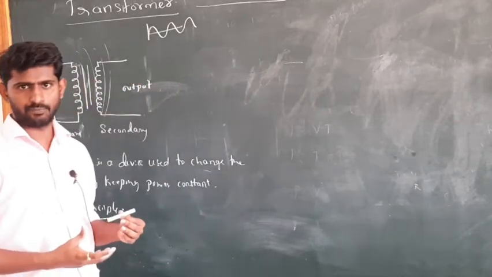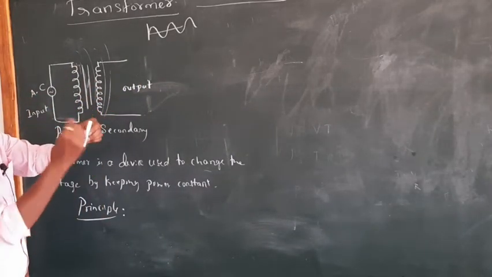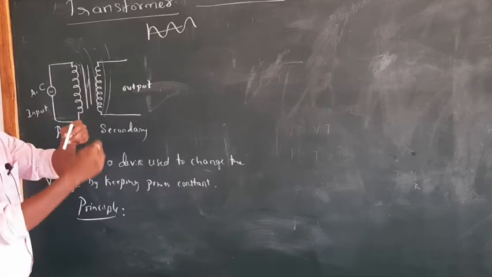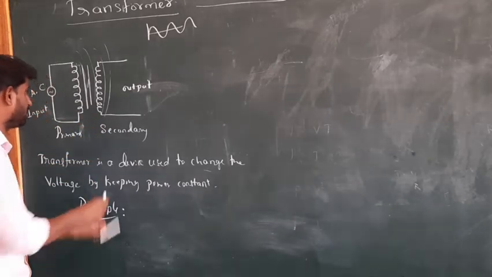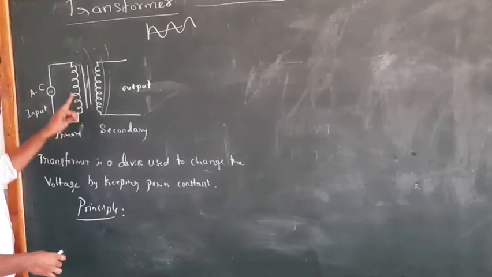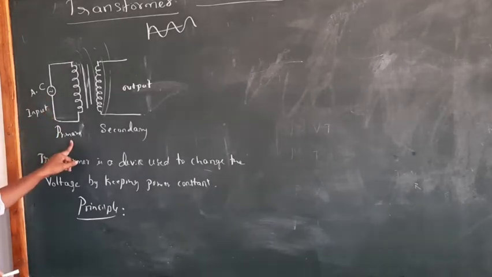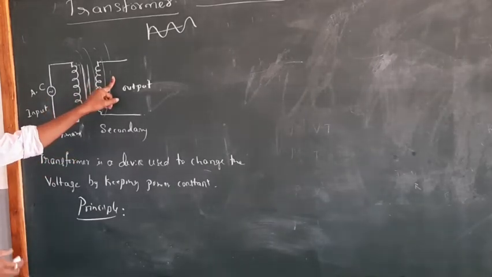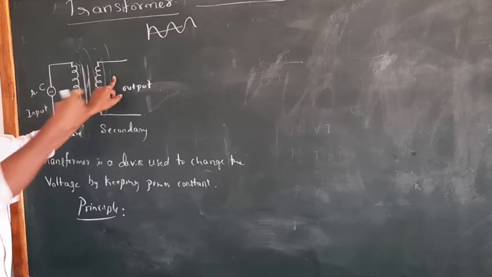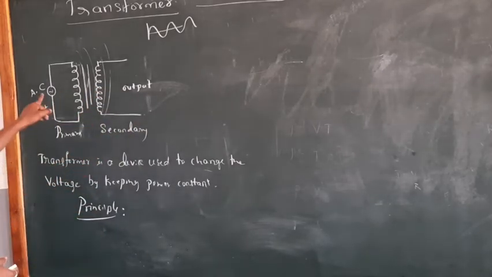Okay, so I take one more ferromagnetic material which is soft iron, and I wound a copper wire on this, and I put it here. So this becomes two coils. Is it clear? The one coil is connected to the AC, and it is called the primary, and the second coil, where the current is produced by induction, is called the secondary coil. This is the input and this is our output.